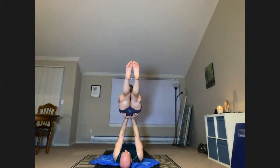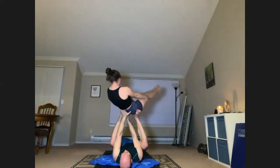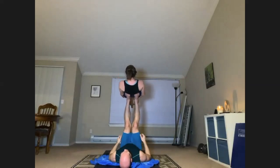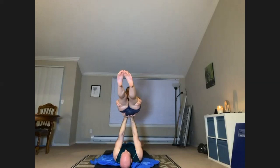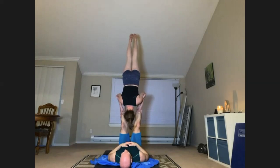Nice, nice, nice. Excellent. From reverse back plank on hands, let's rotate it to a back plank. We'll rotate that back to a reverse back plank on hands. And we'll take that back to biceps in feet. The same direction or yeah. Excellent, excellent. From there, we're going to,